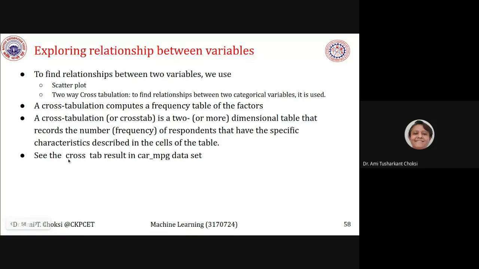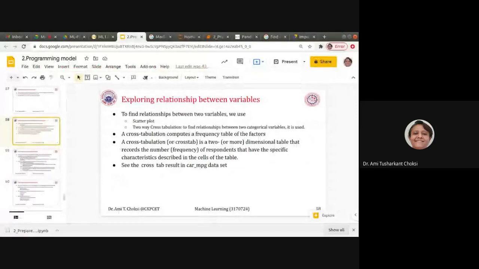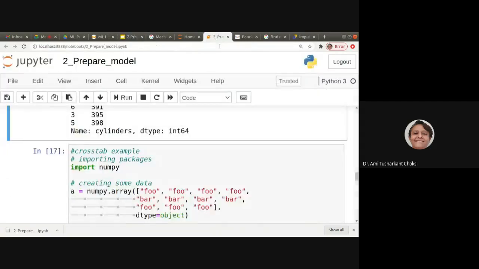So we should see the cross tab result in the car MPG dataset in our Python file. When we learn the theory and then see the practical, we can understand it very easily. Let us have one simple example, then we'll show you our real data set.